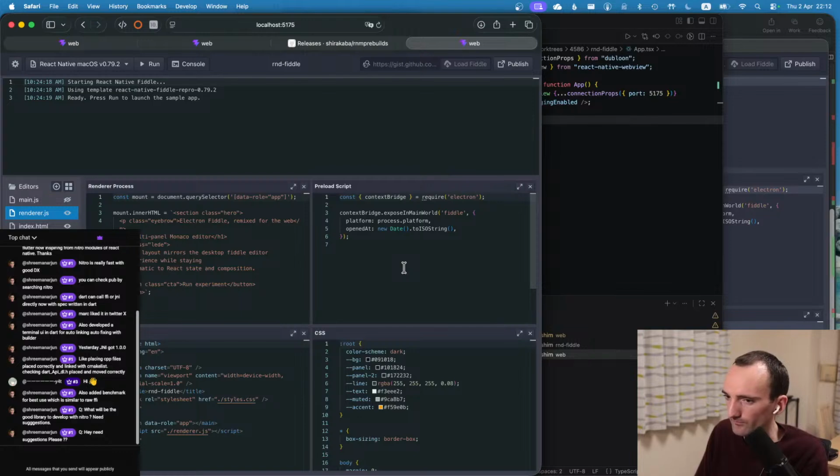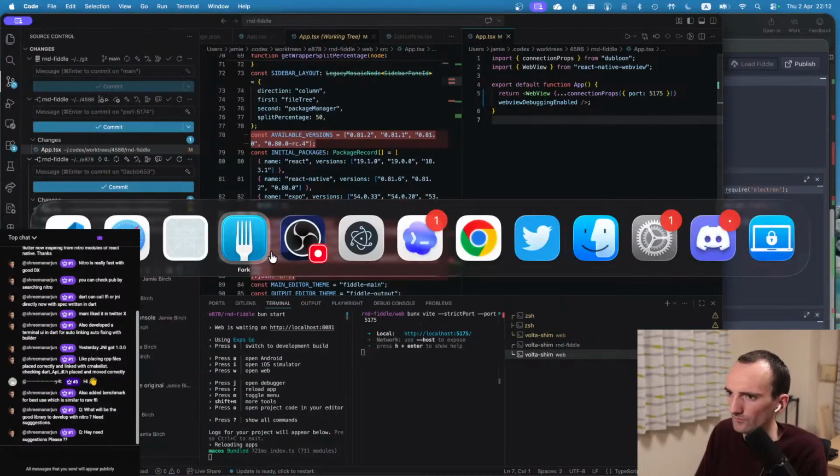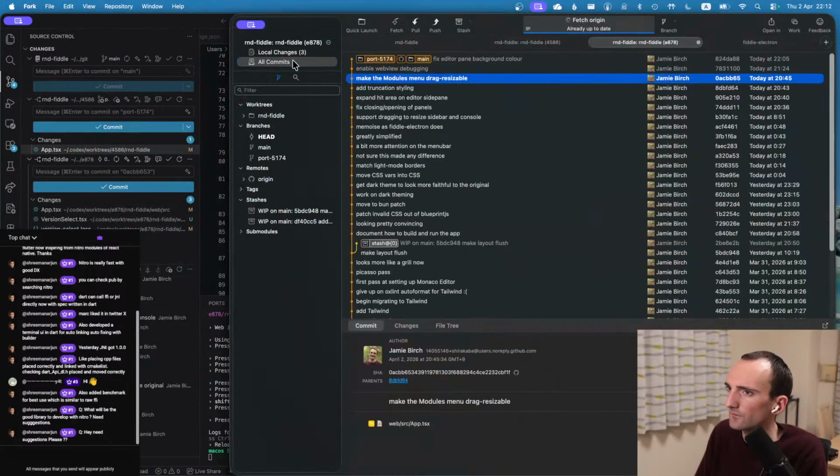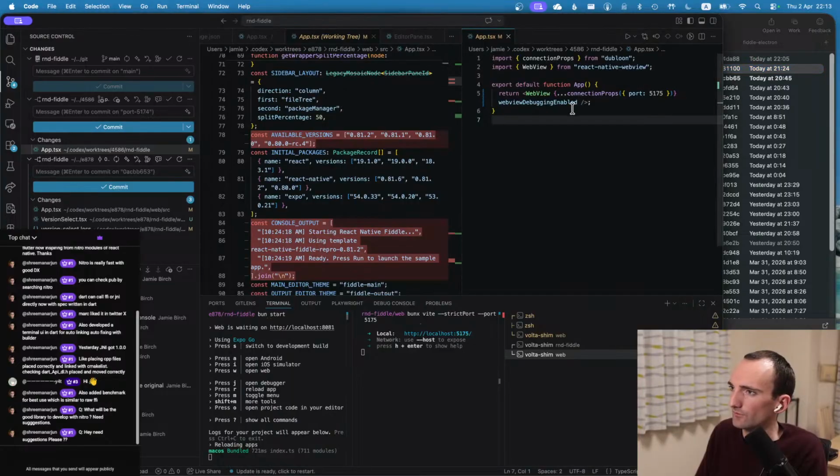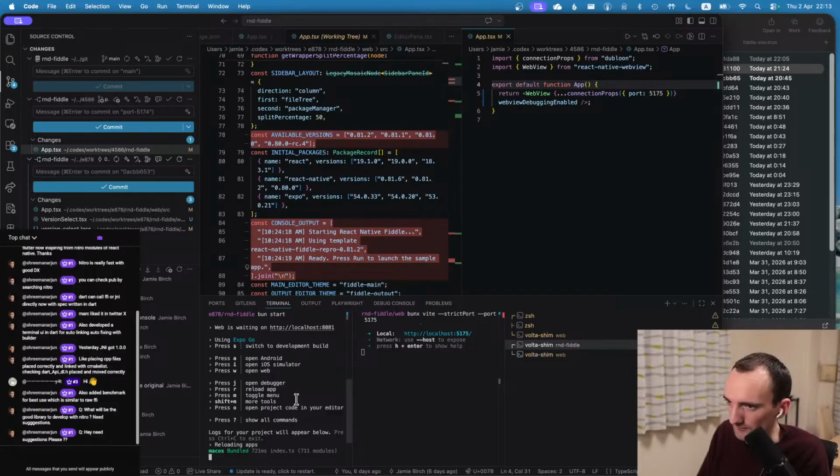That's still black because this is behind, I guess. Yes, I see, it's 2 commits behind. We kind of want to catch up with that web view debugging though. I see, because this is 4586. It's the old, it's the other agent. This is all very confusing, but